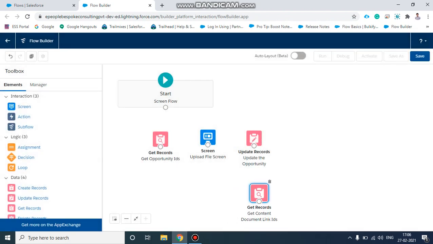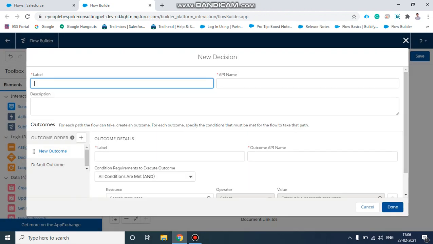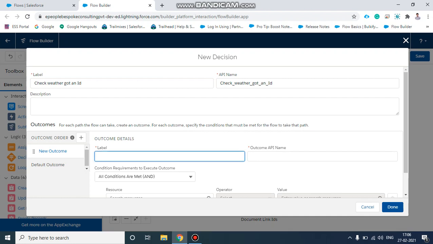After we give that condition, I will put a decision here to check whether we got an ID, with the outcome being not null. If we got an ID, then it will be not null.